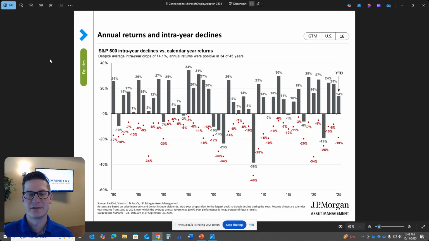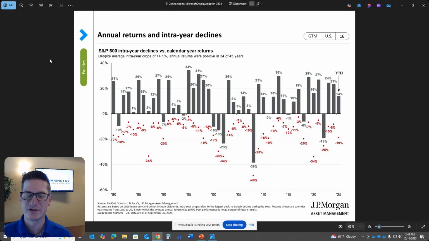The red dots scattered across the bottom of the chart show where the largest intra-year pullback was in that calendar year. For example, you can see in 2008, we had an intra-year decline of negative